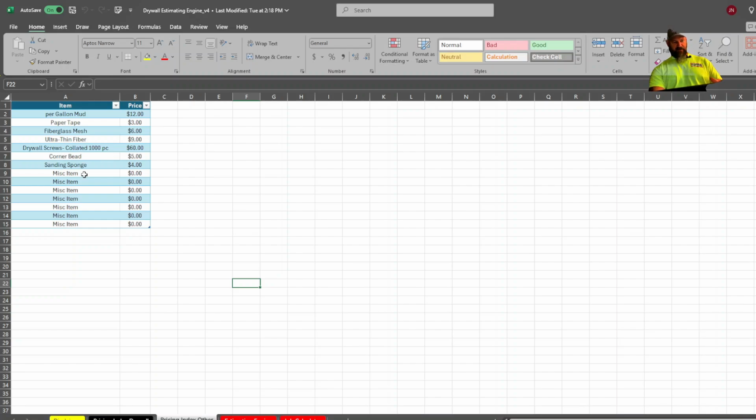Whatever you type in here will automatically populate on the estimating engine side. So just note that the changes have to happen on the index side, not on the estimating engine side, when you're changing a title for something, or a name, a line item. Now the cost, you can update the cost here for whatever. So let's move over here to the